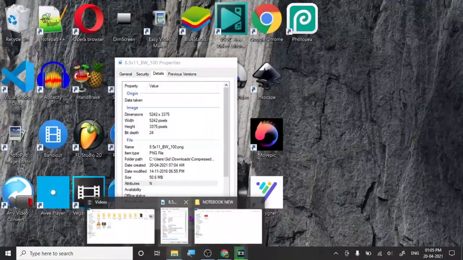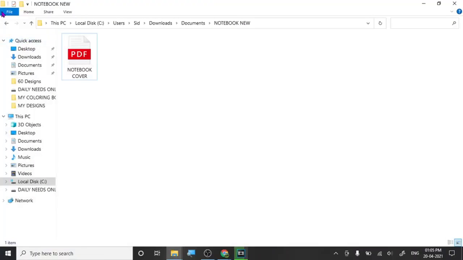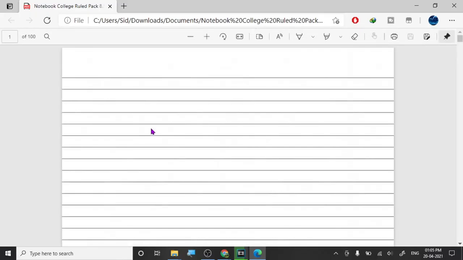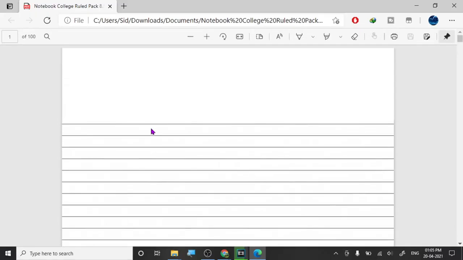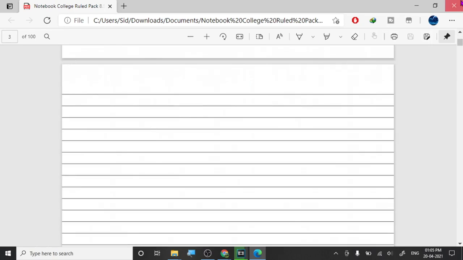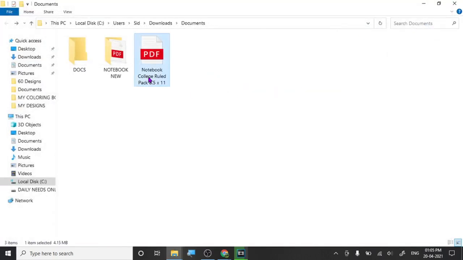So anyways, let's go back to our downloads folder. This was the document which was downloaded. Let me show you how this thing looks. It's just loading, 1 second. Yeah, these are the pages that they have provided us. Basically these are the pages they have provided us. So what you can do here is,